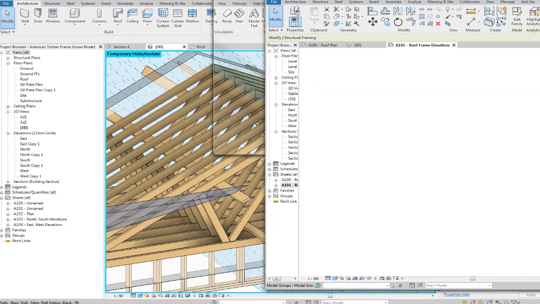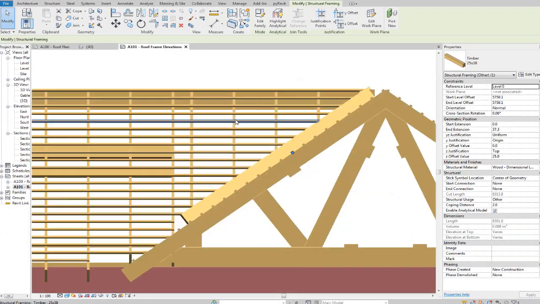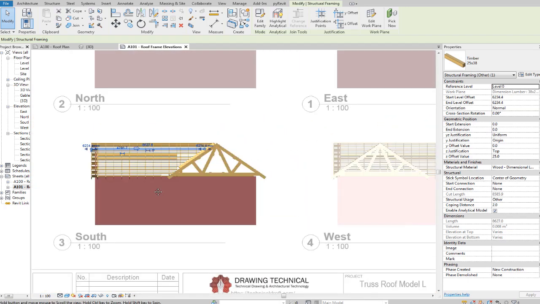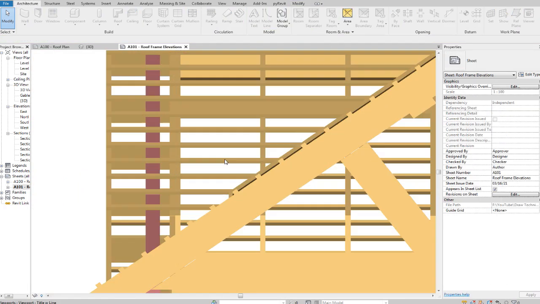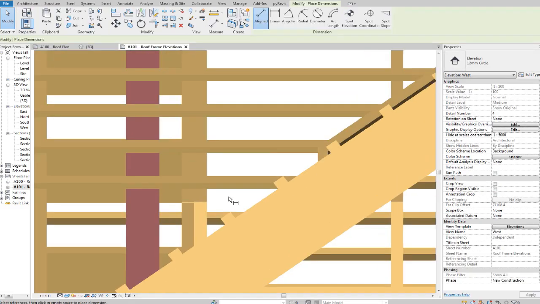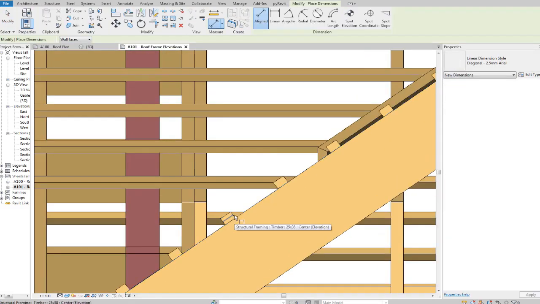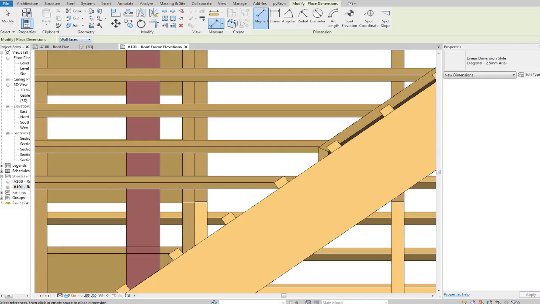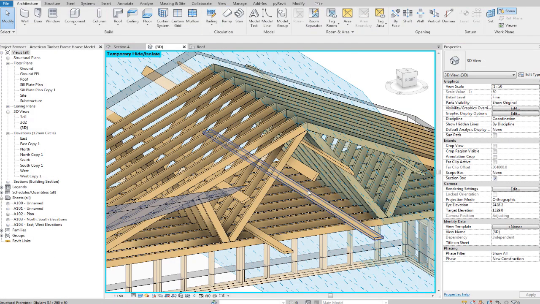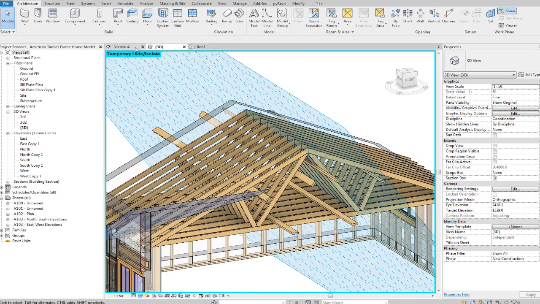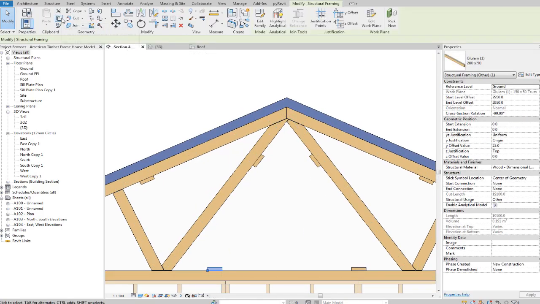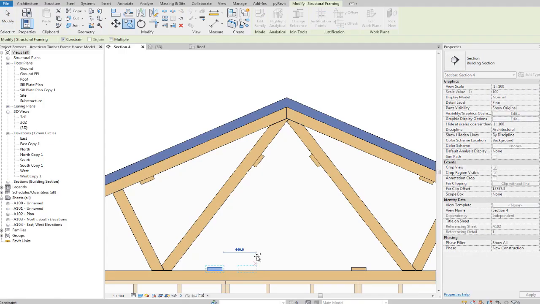So the batons were 25 by 38. And how far are they apart? It doesn't really matter, but 200 from each other. So I don't really need to talk through this part. It's just the same process again. Can copy any of them, move it over,